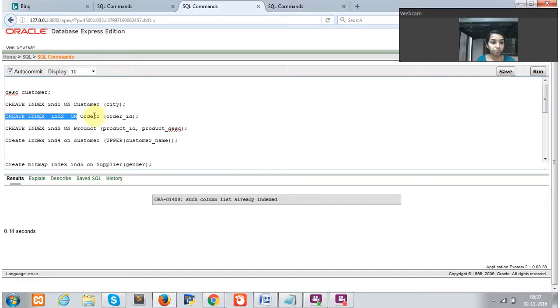index is created already. Then the third question is to create a composite index, that is on the product table, and the attributes are product ID and product description. For that, create index3 on product, and the attributes given are product ID and product description. And while we are running this one,